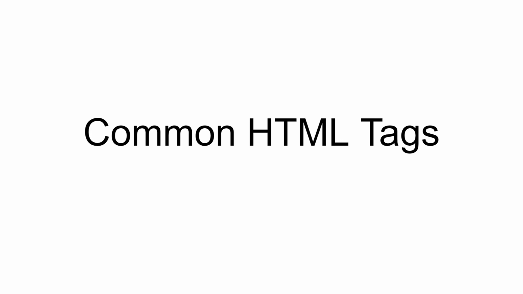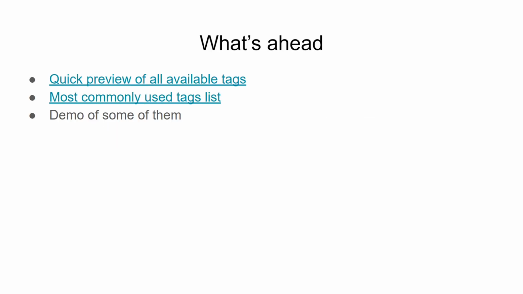In the previous video, we saw some theoretical concepts about HTML, and we do know the basics of how to create a HTML file, how to open it, how to edit it, and stuff like that. Now let's widen our overview of HTML and have a comprehensive look at what HTML tags are possible in an HTML document. So in this video, we're going to have a quick preview of all the available tags, and then we'll have a little more of a detailed look at some of the more commonly used tags, which are the tags that you will be frequently using.